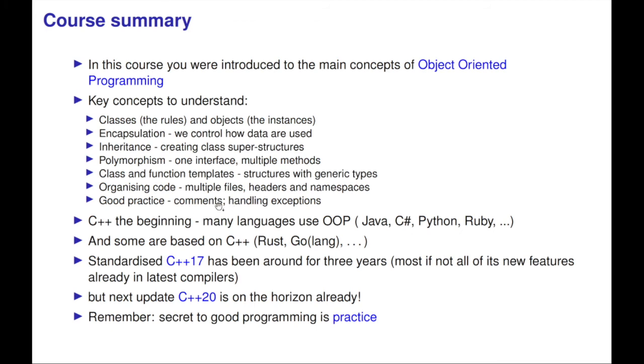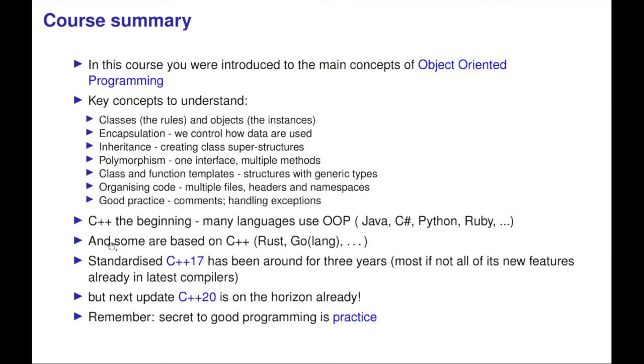And good practice: limited commenting, handling exceptions, using the house style carefully, and if the house style doesn't state it, going back to the basic style that this is based on, and look at that. Our house style is just one of the many house styles, but it's a useful one. C++ is just the beginning, right? Essentially, if you really want to become a coder, there are other languages, Java, C#, Python, Ruby, that all use object-oriented programming. It's not the only one.